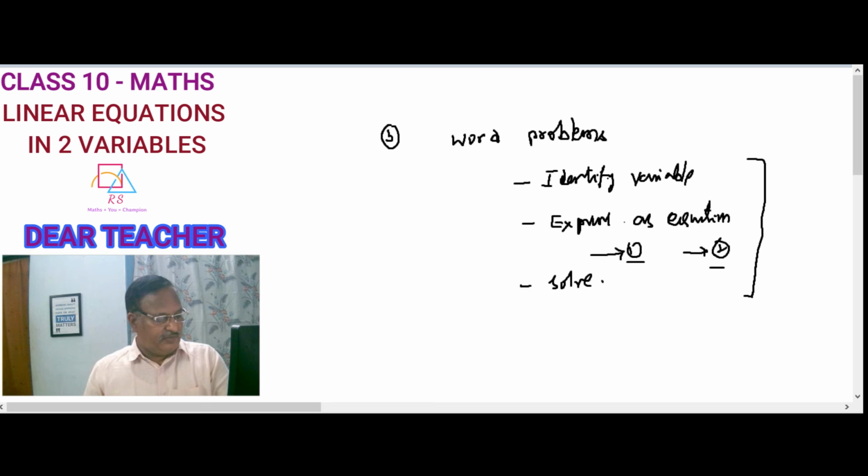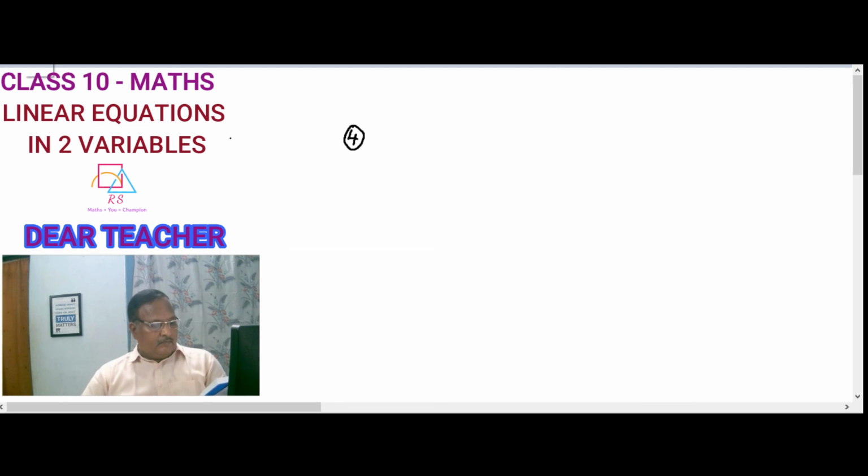So question number 4 is a little bit important question. I am going to explain it now. Okay, so taxi charges in a city. How will the taxi charge be calculated? Charge is equal to